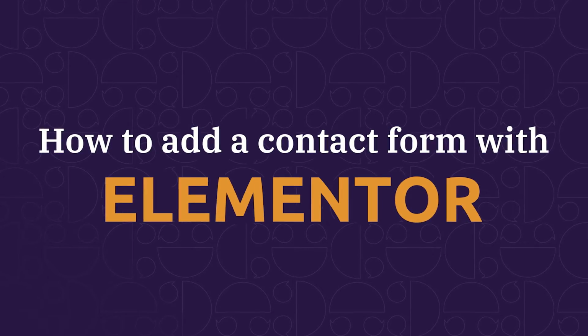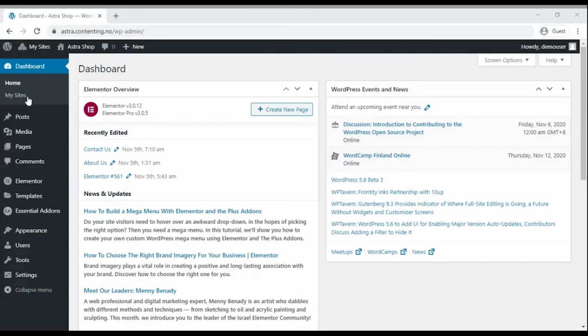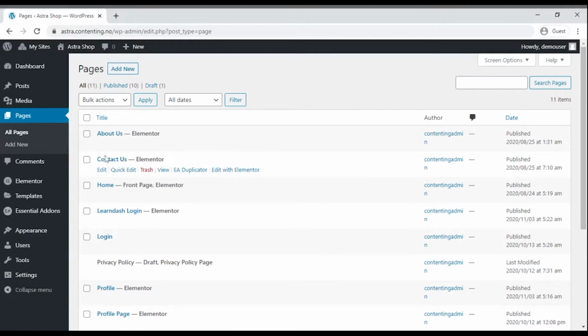Adding a contact form to a page using Elementor. Now first you need to select the page that you need to add the form. You can navigate it by opening up the Pages tab, then select the page and wait for the builder to